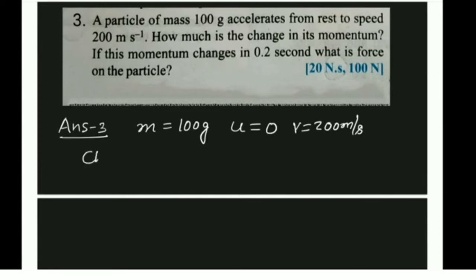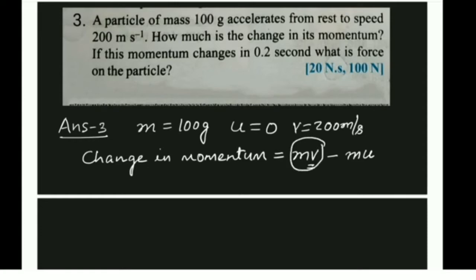So what is the formula for this? What is change in momentum? Whenever we have to find a change, we do final minus initial. So final momentum minus initial momentum. When I am using small v, it means it is final velocity, so it will be final momentum. Similarly, u is initial velocity, so it is initial momentum. And they are asking for change. Change means they are asking for a difference.